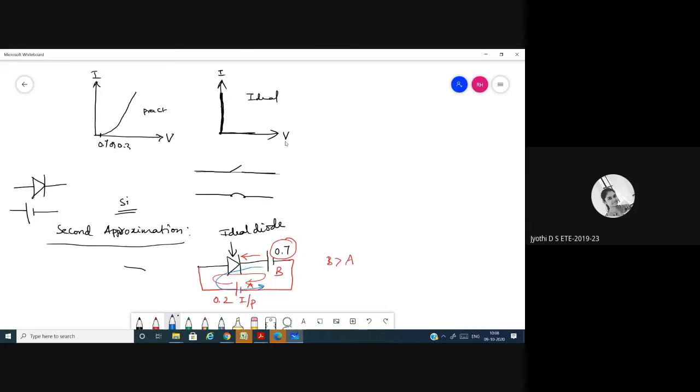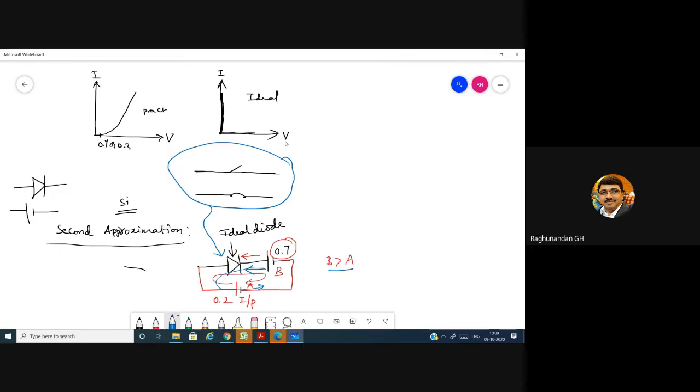No, sir. What happens to the diode? This concept is here. Where is the current entering? Since I'm telling B is greater than A, now current will be in the direction of B, right? Current will be coming in this direction. Now what happens to this diode? Diode is in reverse bias. Diode will be reverse biased. So there will be no flow of current in the circuit.